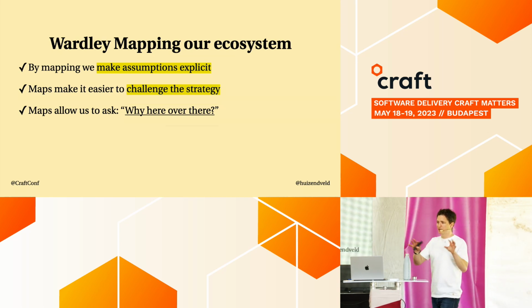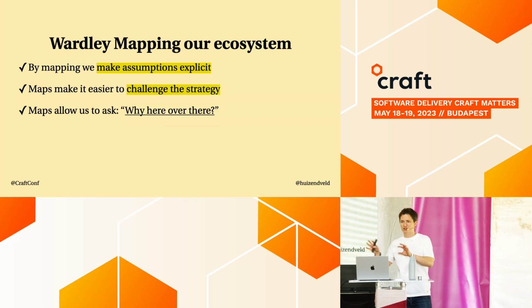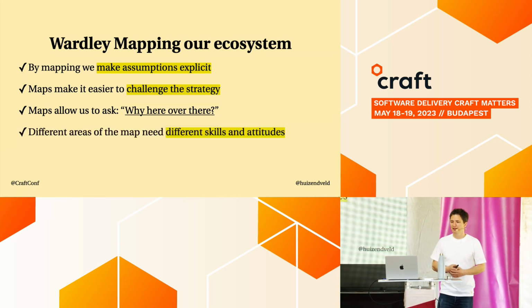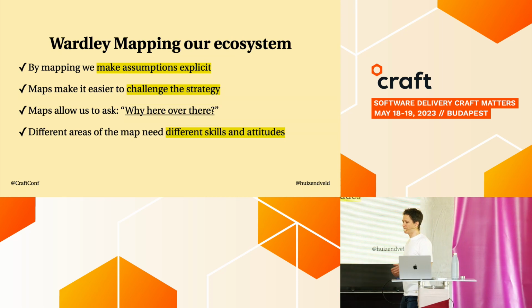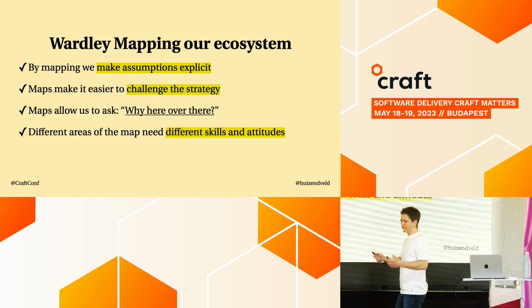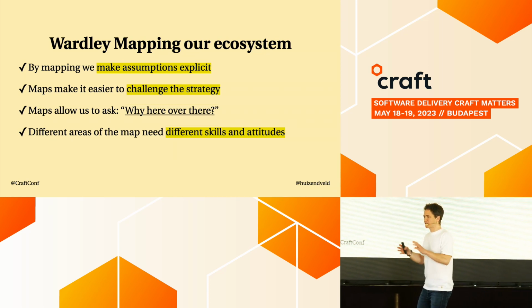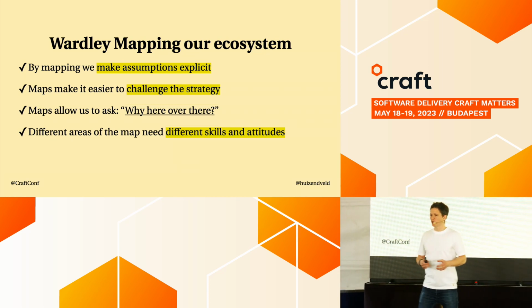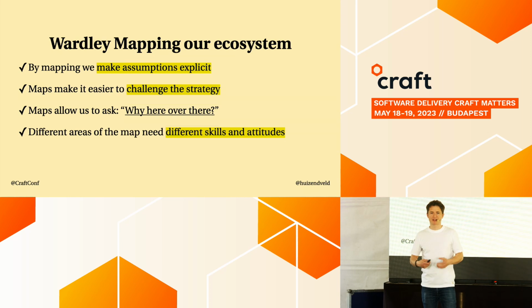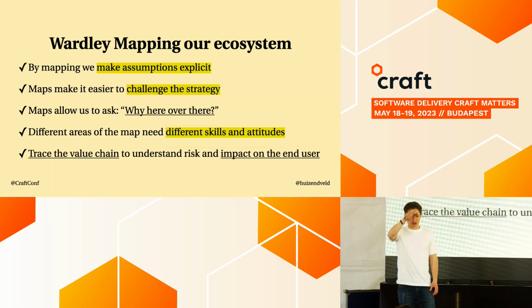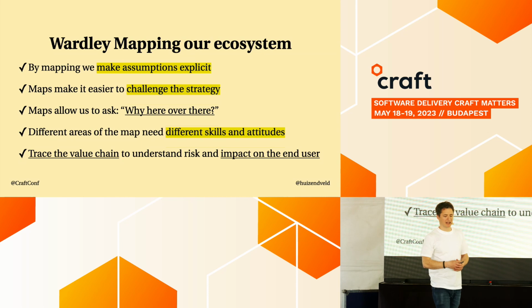We can spot opportunities in the landscape, and we can talk about which of those opportunities would be best to pursue. And different areas of the map ask for different needs, right? Different skills and attitudes. Because characteristics evolve, that also means that we have to work differently in that part of the map. And finally, we can trace the value chain in order to spot constraints and therefore risk and impact